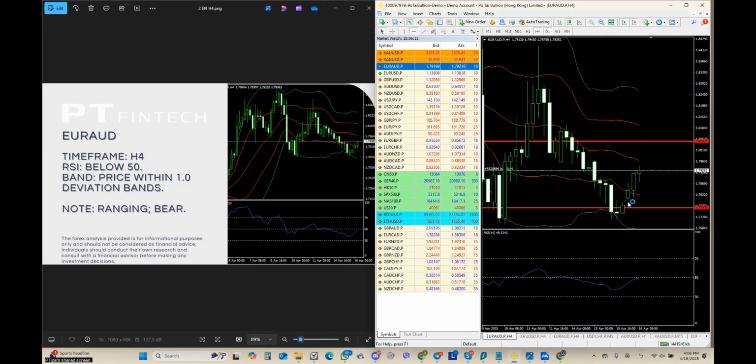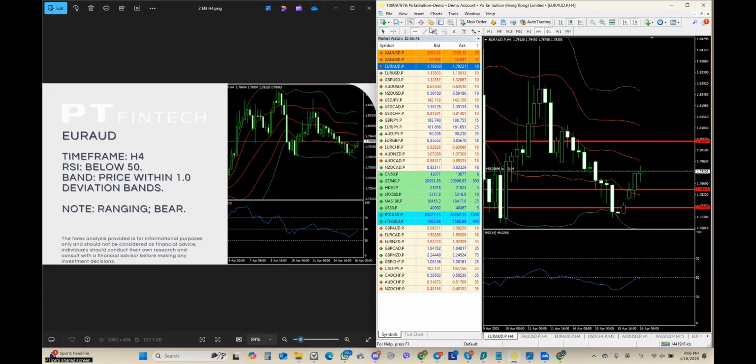I also see that there was a gap. So usually gaps are meant to be closed, so that's something that we have to be very, very careful about as well. Now it's also within the 1.0 deviation bands, right? So that's why you want to actually jot down the support resistances. So take your previous low, and then also you want to set up your previous highs